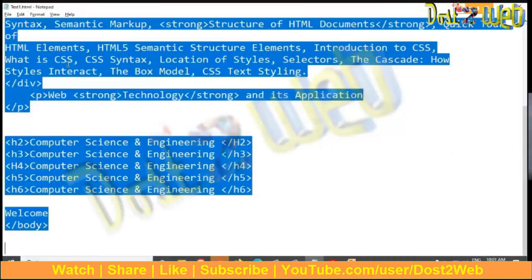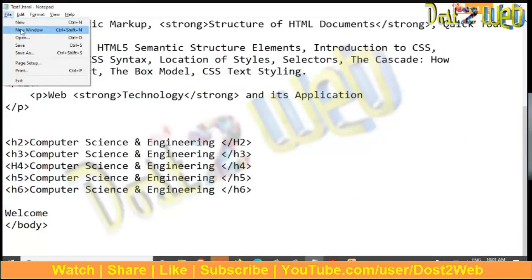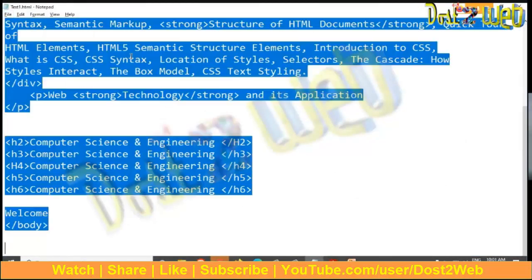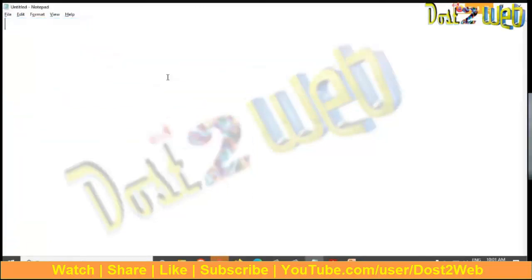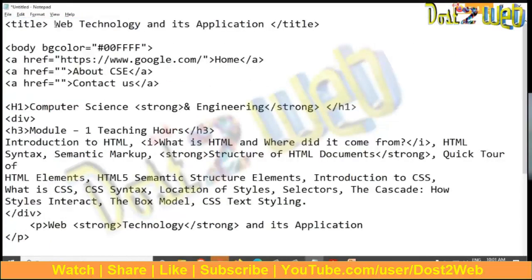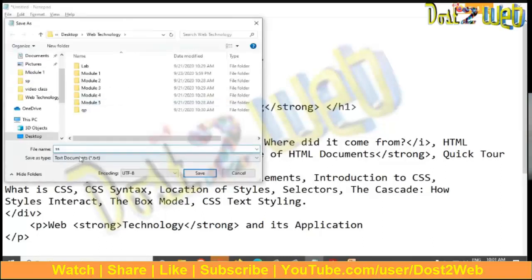So what we'll do, we'll just save it. We'll change the title here to about CSC, and you have to save this file. So how are you going to save?